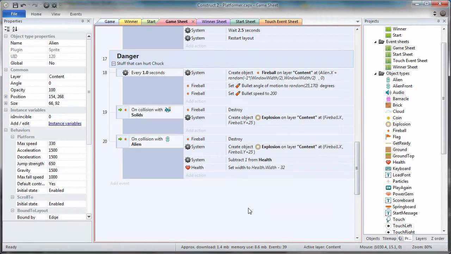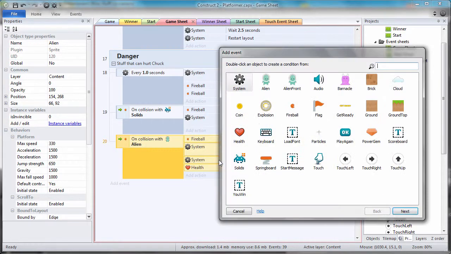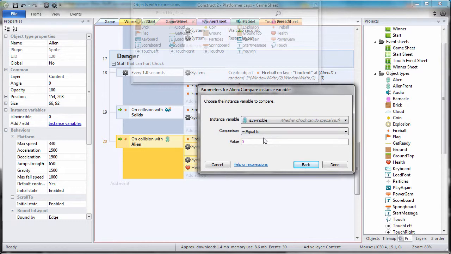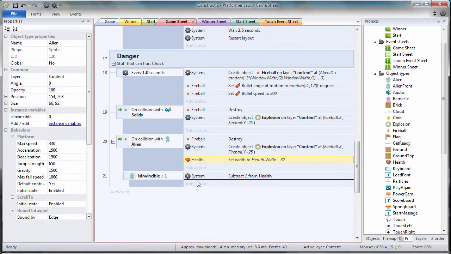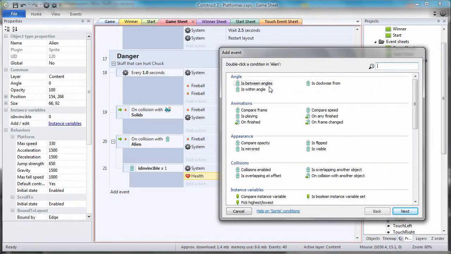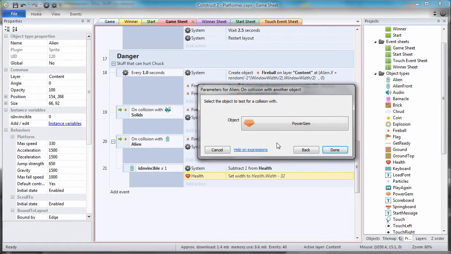Couple more changes to make. We're going to add a sub-event to the on collision with alien fireball event. Whenever the fireball collides with an alien, we only want to subtract health if the alien's is invincible value is not equal to 1. So if the alien is not invincible, then subtract from the health global variable and shrink the health